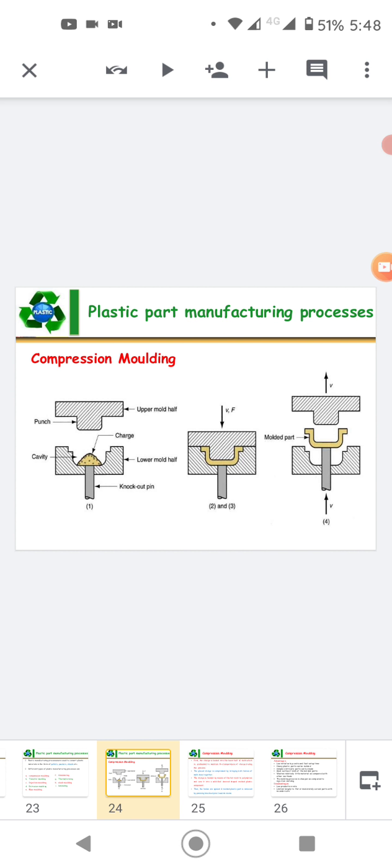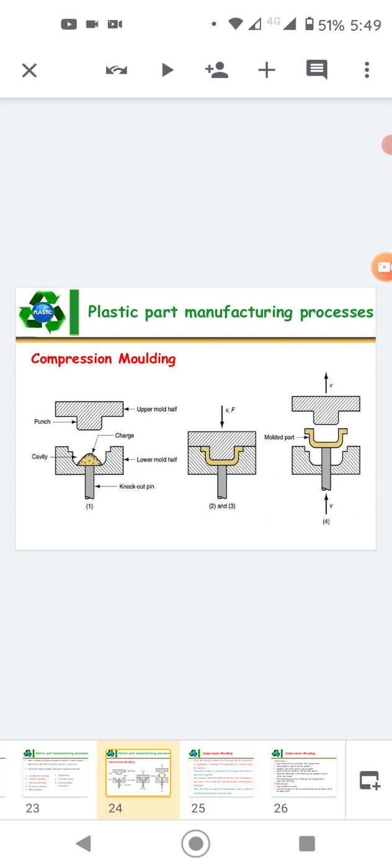The compression molding equipment comprises a molding press, a means of heating the plastics, a set of molding dies and a means of removing the finished part. The essential characteristics of all molding presses are easy opening and closing of the working member of the press, and the ability of the press to maintain the required high pressure. Hydraulic presses are mostly used in compression molding.